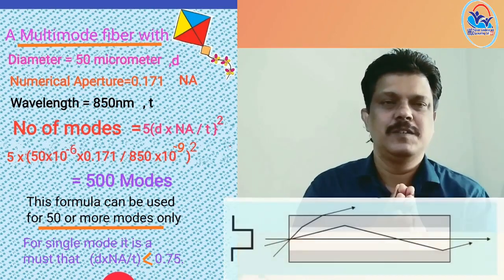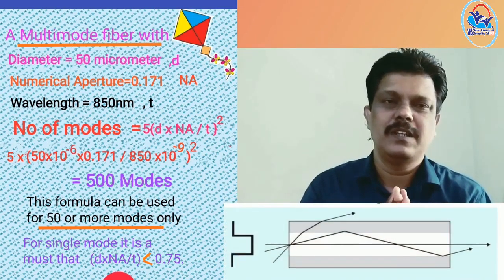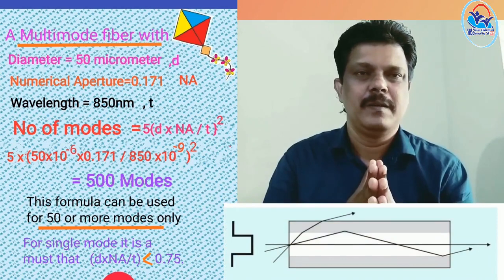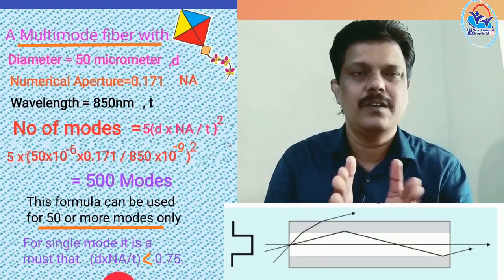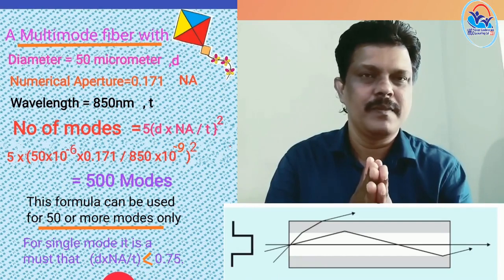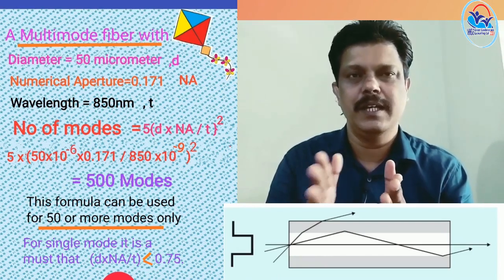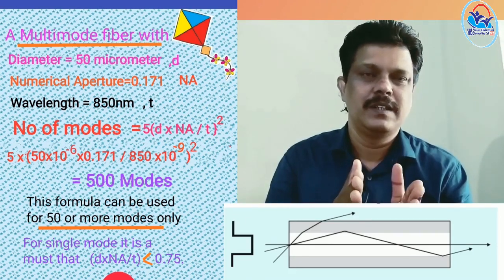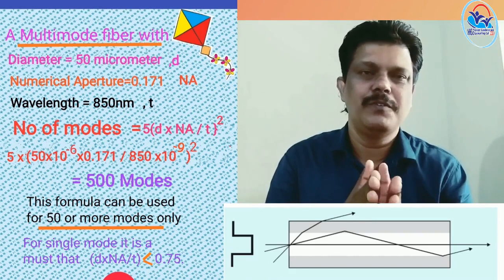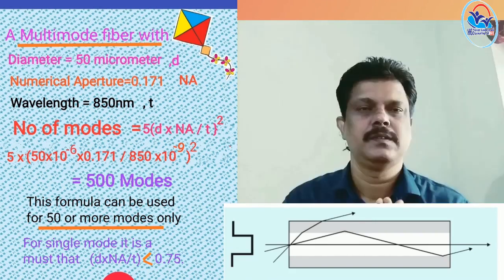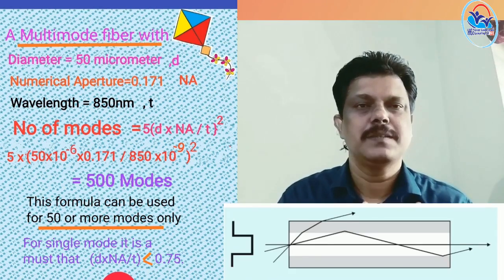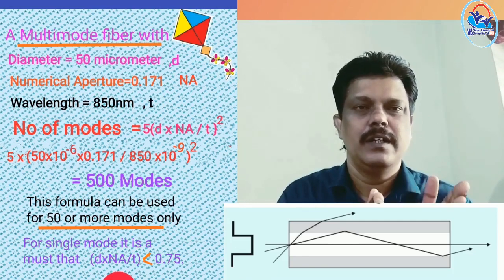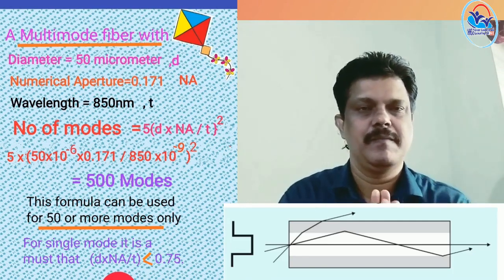We know that the speed of light depends upon the refractive index of the media through which it travels, because the refractive index is the ratio of the speed of light in vacuum to the speed of light in the media. In the case of a step index fiber, the refractive index of the core is uniform all along the fiber. In the case of a step index multimode fiber, the different modes travel in different paths.